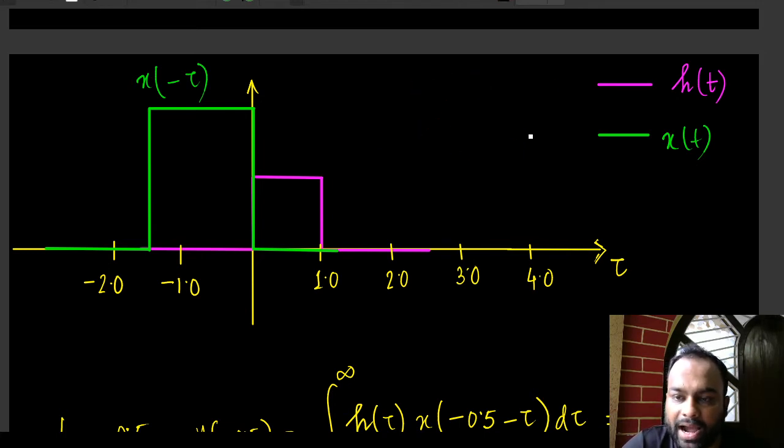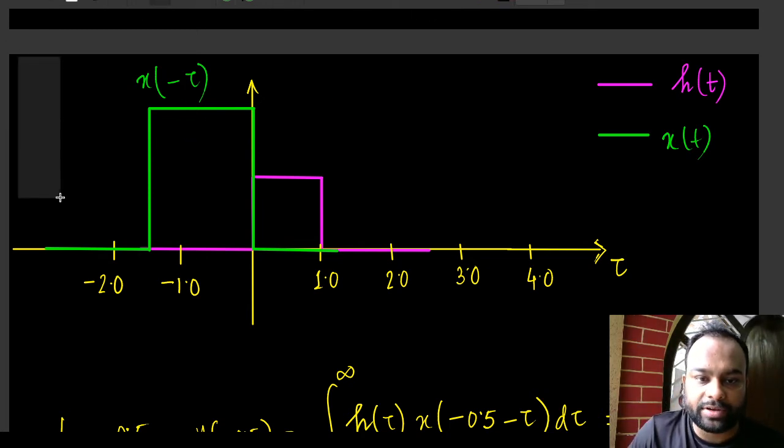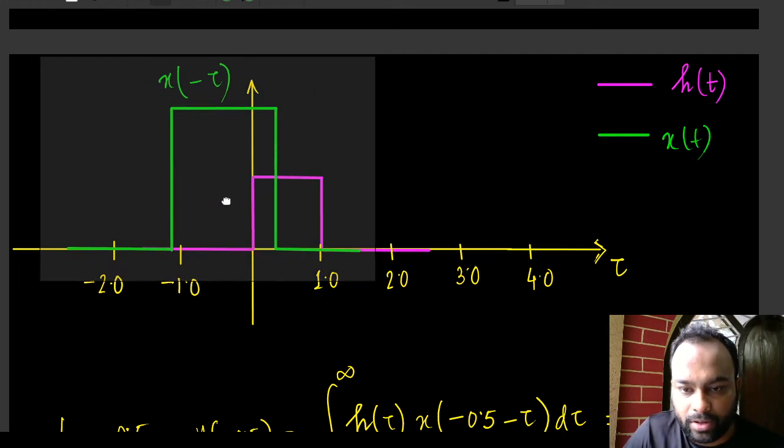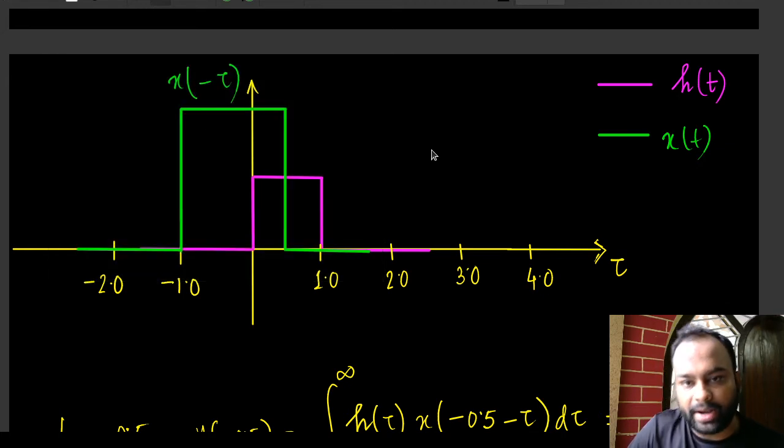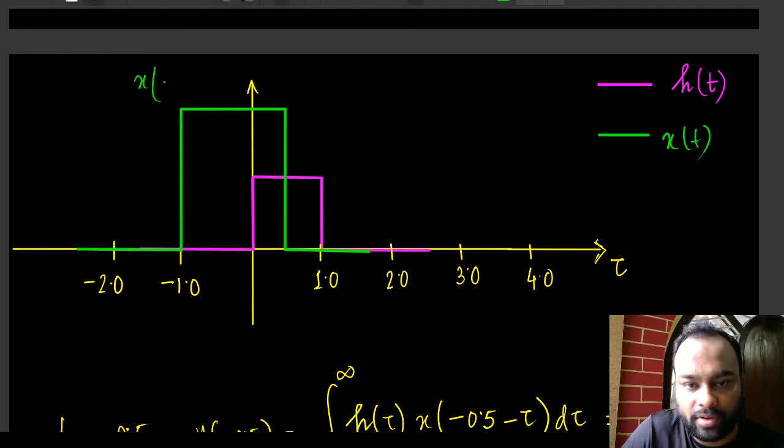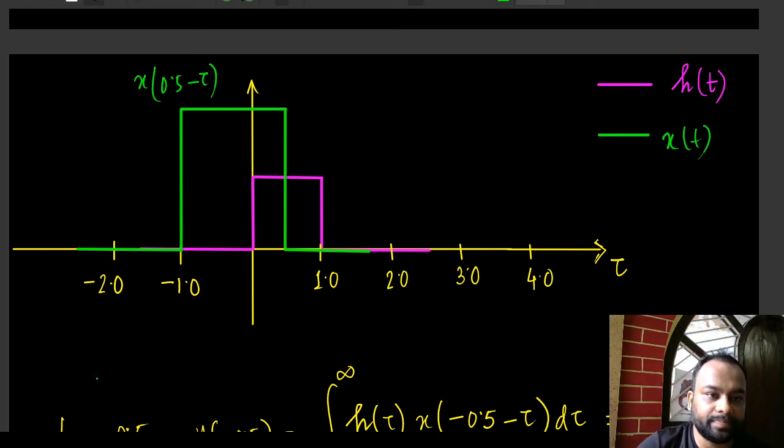With that said, I have already vertically flipped the signal, and I need to do a right shift by half a second. So now I'm doing a right shift by half a second. So that's my x of 0.5 minus tau. The question is, when you say flip with respect to t, you did mean vertical flip. That's right. Or time flipping, so no issues with that.